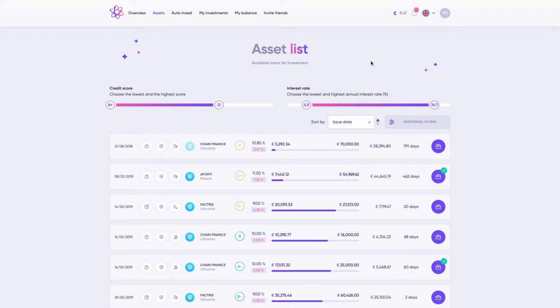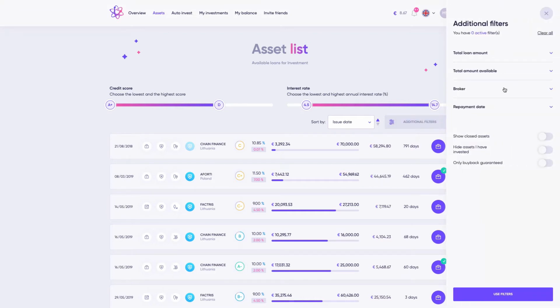What I really want to say here is that I really love the interface of Debitum. It's really fast, easy to use, the information is clearly displayed. So I would say in terms of interface it is one of the platforms I like the most. So let's now see in terms of loans. You can naturally filter the different loans here.